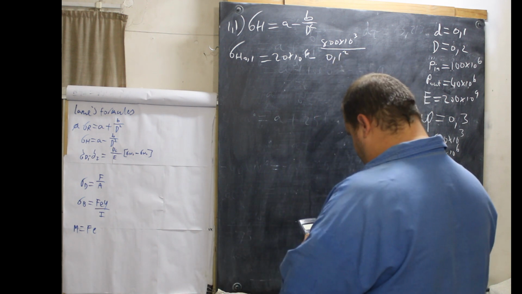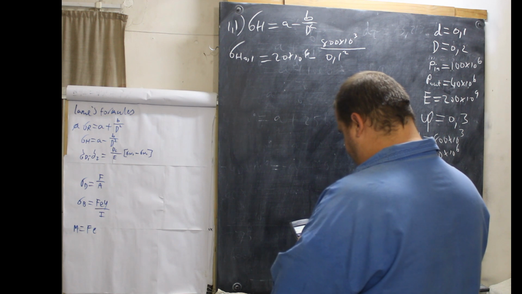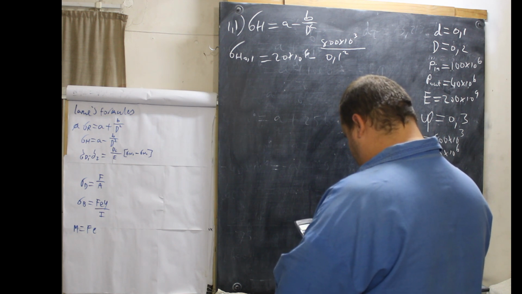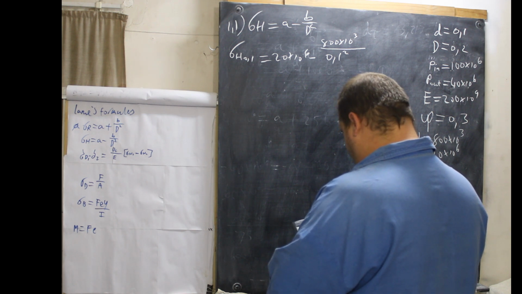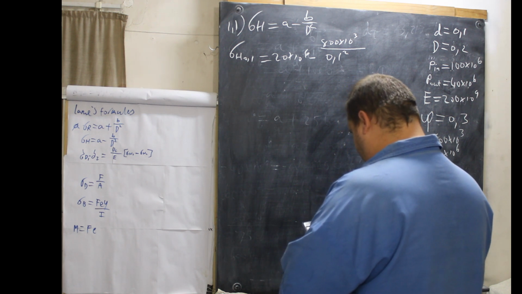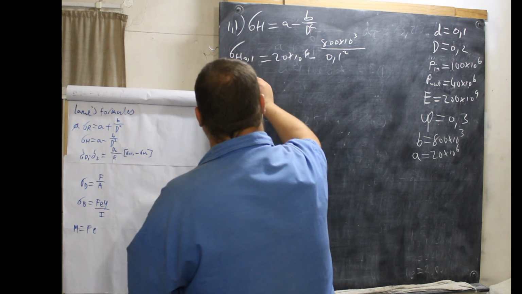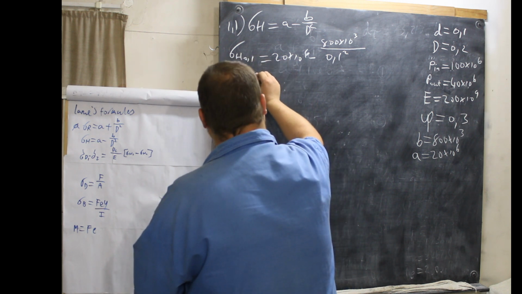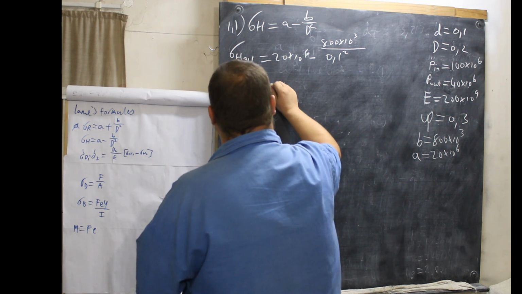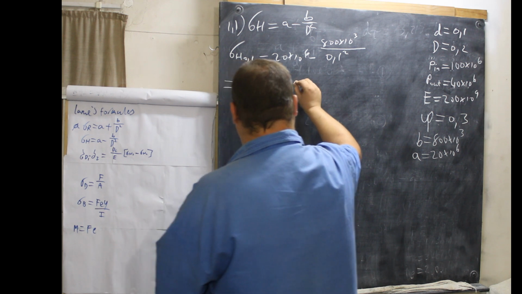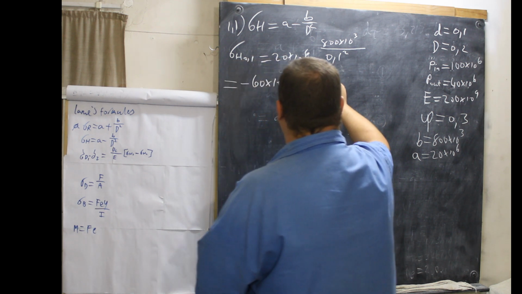So all we have to do is say 20 times 10 to the 6 minus 800 times 10 to the 3 over 0.1 squared. And this hoop stress equals minus 60 times 10 to the 6 pascals,